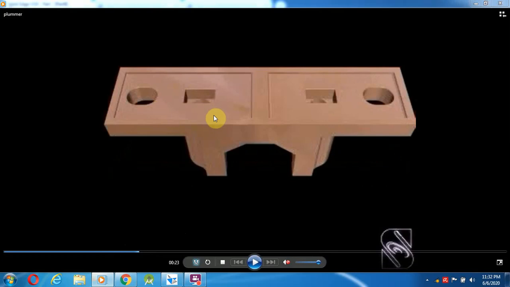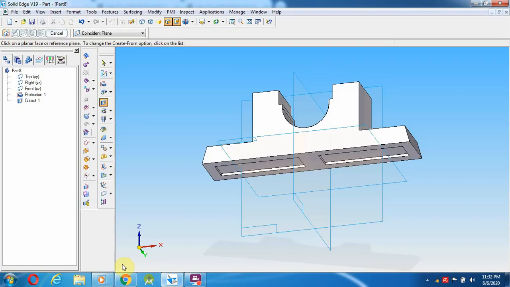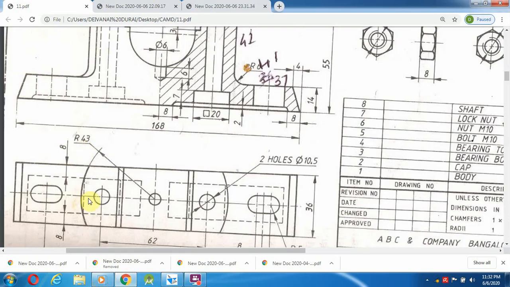So this is the bottom cutout I have done. Next, this square cutout I used to go and do it. So what is the dimension for that square cutout? See over here, this side will be hidden here. So they given over, this is the cutout. Those dimensions they given here, like a square 20. So the square 20 up to the 7 depth from the cutout.